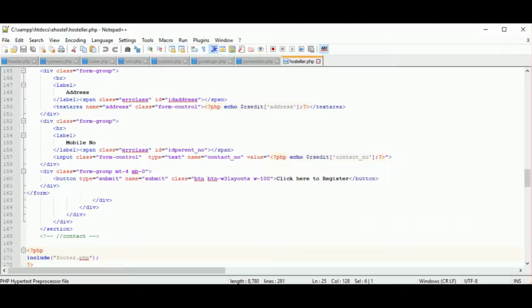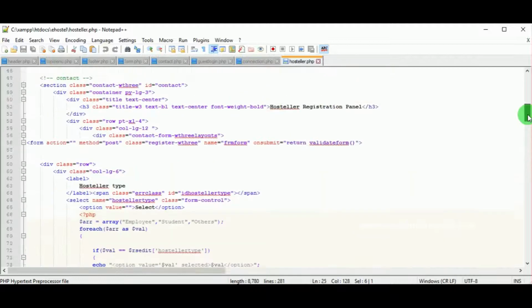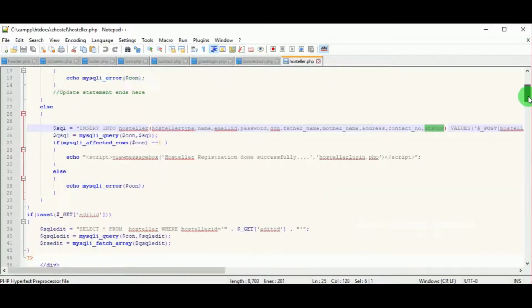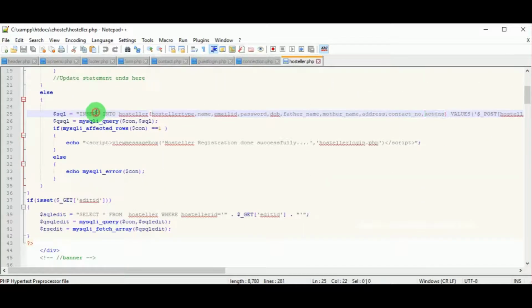So in the form there is no status field, but the database has got status. In the database, in the table, there is one more field called status. So for that purpose, at the last we are manually writing the value for that particular data status, that is we are writing it as active.